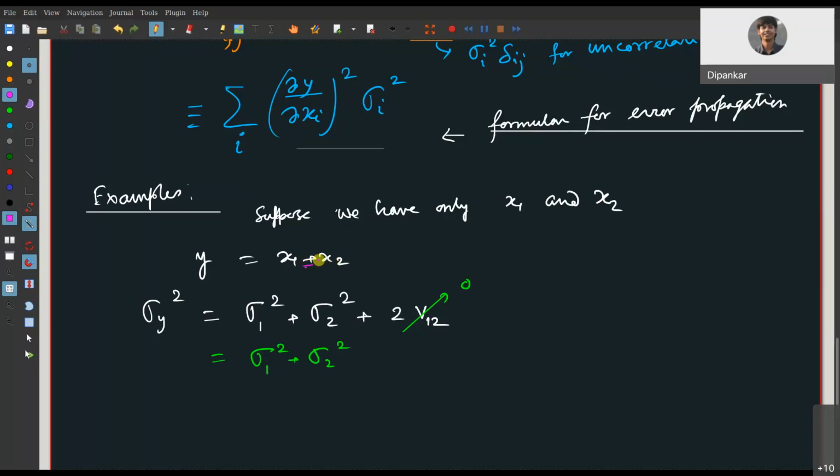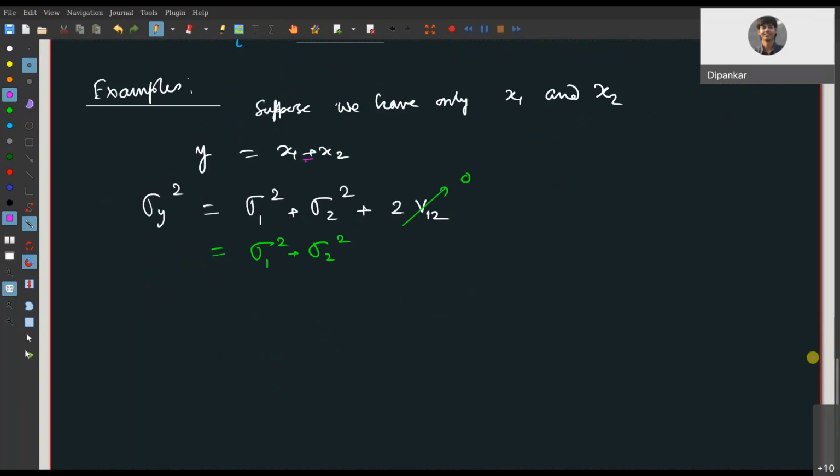Unlike the means, the errors are added in quadrature. So if you make sigma 1 error in measuring x1 and sigma 2 error in measuring x2, then the error that you have in y is sigma y square equals sigma 1 square plus sigma 2 square. All right. Instead, if you have a product or a division of two variables,